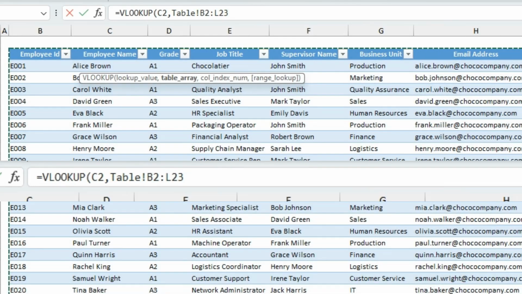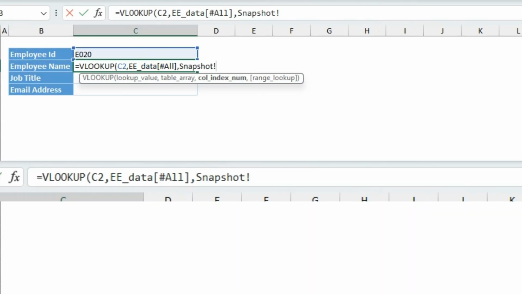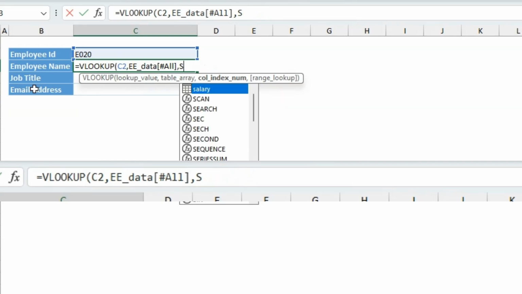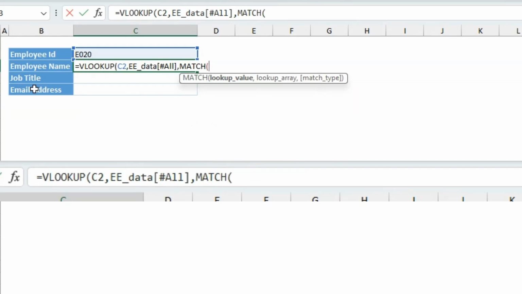Let's select the table and comma. We want to choose all the 3 results. So let's use a MATCH function for this. Match lookup value is going to be all these 3,